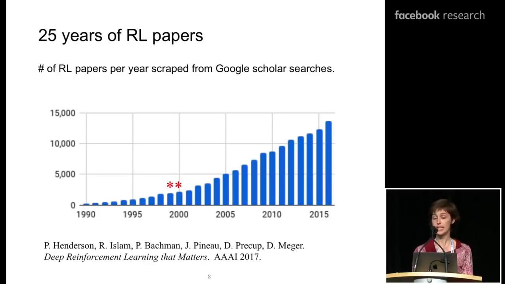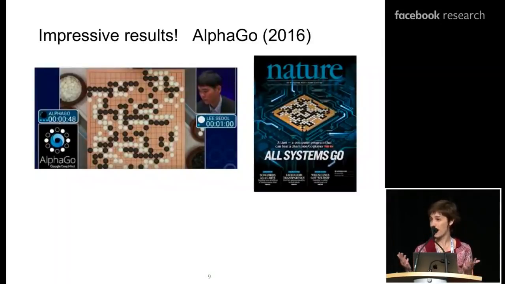And in some cases, it can be a little bit difficult for someone entering the field, or even someone trying to keep up with the field, to really get a firm understanding of which of these 13,000 papers are really moving the needle in terms of our knowledge and our understanding of the world. Many of them are very impressive. Perhaps the one that got the most attention, a truly impressive result, is the work on AlphaGo. It came out in 2016. A really impressive result using a mixture of reinforcement learning and deep learning techniques, showing that an AI system could actually beat the best Go players in the world.